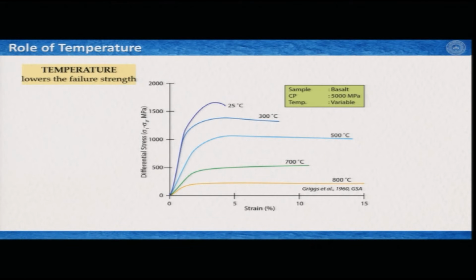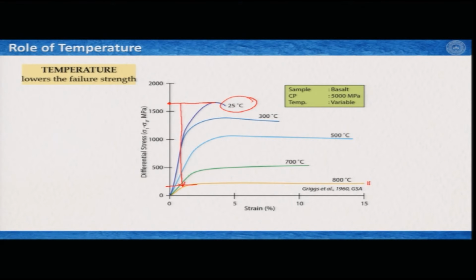So, you clearly see that at 25 degree centigrade the curve looks like this blue curve, and at 800 degree centigrade the curve looks like this. So, here the peak strength is close to 1600 megapascal, and here it is probably 150 megapascal. So, 1500 megapascal, the strength is reduced by raising the temperature from 25 degree centigrade to 800 degree centigrade, and